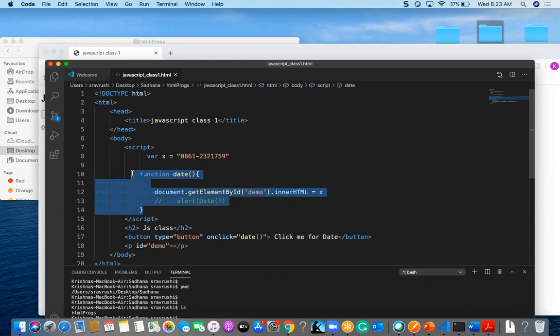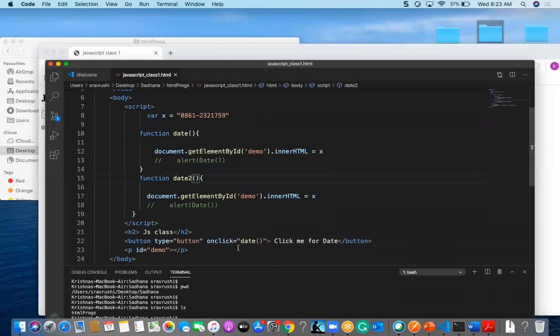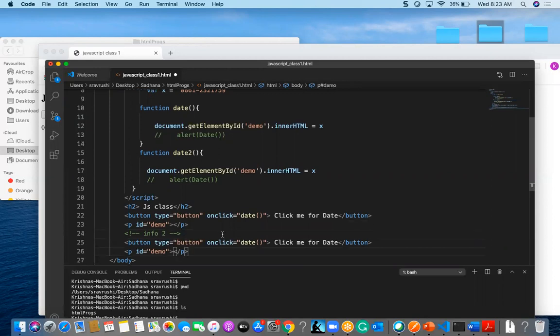So if I write one more function, let us think I wrote one more function down like date2, and I give one more structure like this, but it is for date2 or some kind of info2. Here I am giving some info, here also in the demo I am giving some info.